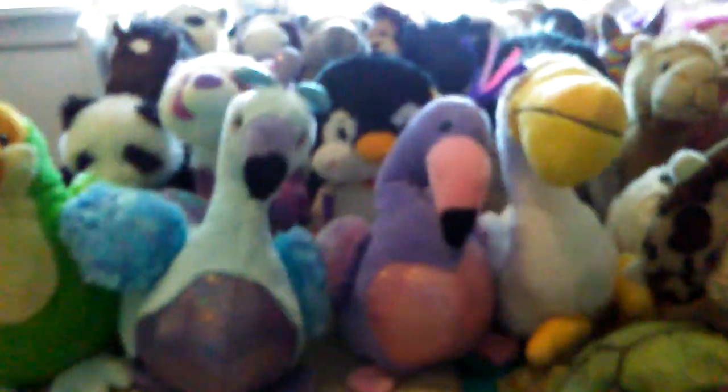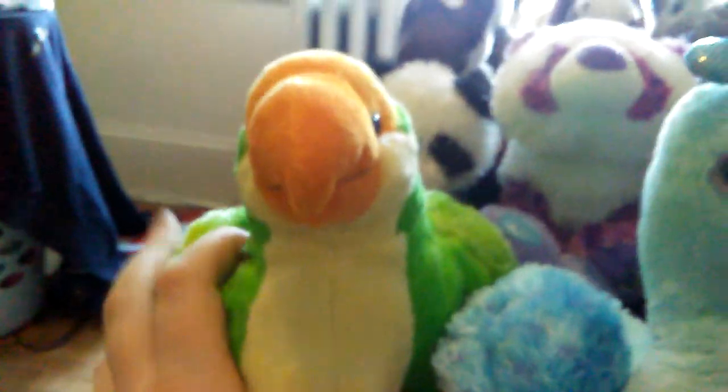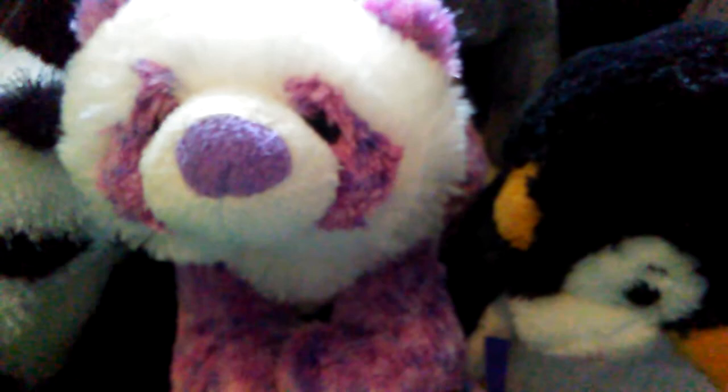So here are my birds, my two doodles here. I do not have a name for this one yet, so if you can put down below a name for this one. This would be Rooney Doodle, my Bloofadoodle. This is Pixel, the parakeet. And now on to my pandas. I have Poe, the panda. Penny Moxie, the...